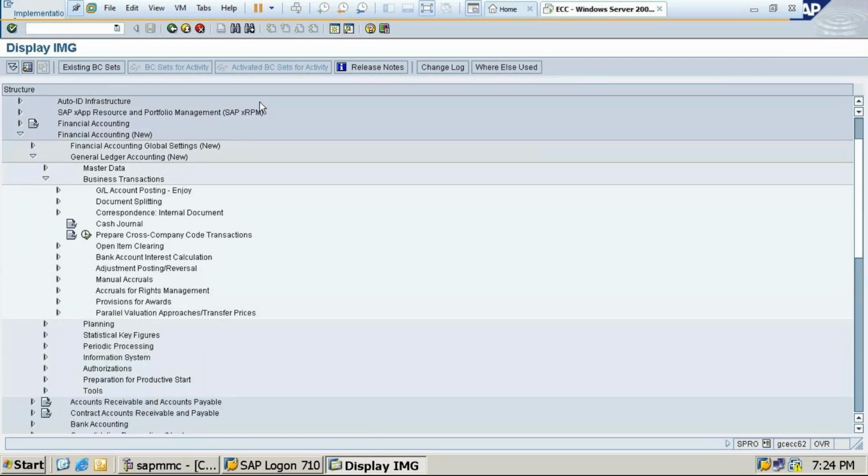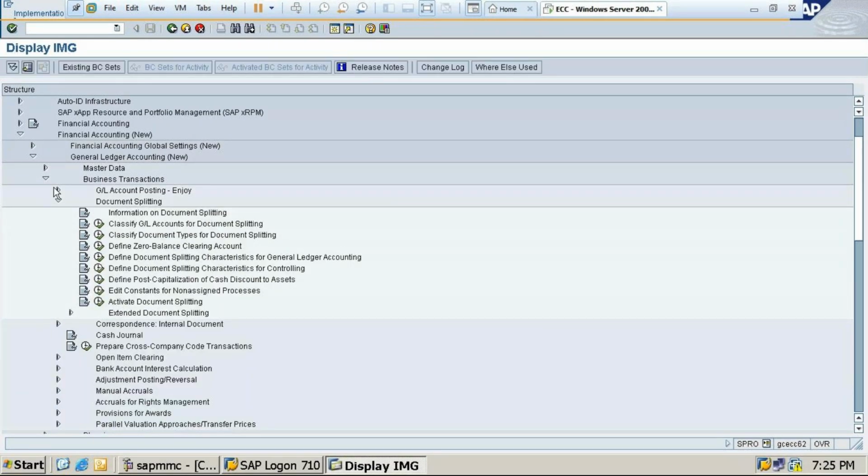What we need to do: Financial Accounting New, General Ledger Accounting New, Business Transactions, then we have Document Splitting. See this, 1, 2, 3, 4. These 3 triangle arrows you can see.